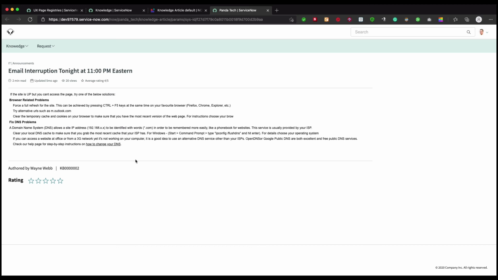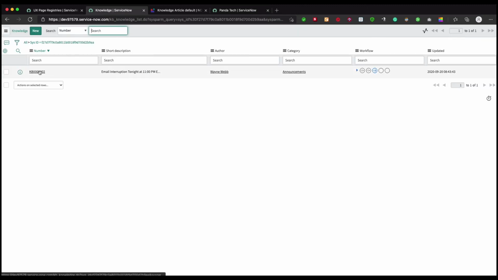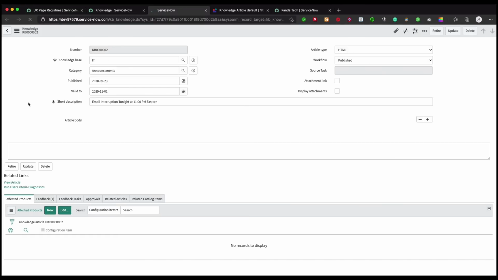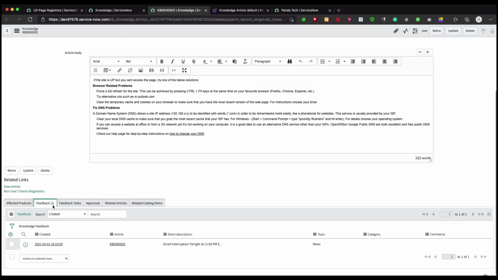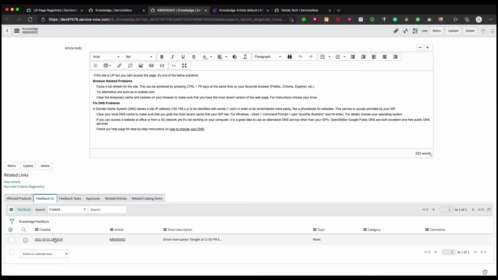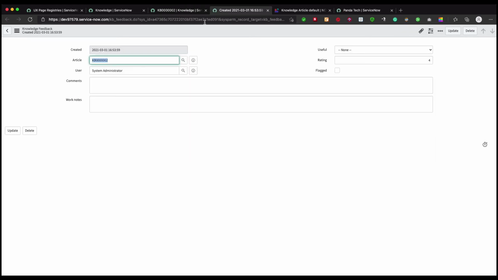So for now, just to check if the ratings are submitted or not, we can go back to the platform and go to the KB feedback table. Let me just open this one directly. It will show it here as well, right? Yeah. And feedback. Yeah, I see one feedback, and it should have 4, right? You gave 4 ratings. Yeah, so we have 4.